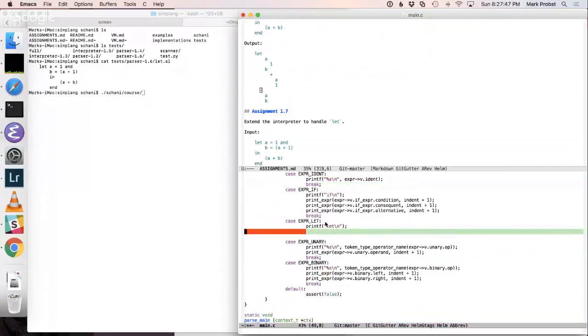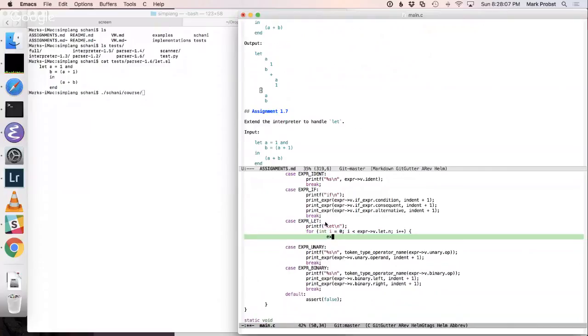So what I'm going to do is, obviously, iterate over expr v dot let dot n. It's 0, as long as it's less than that, i++. And now I have the binding, which is expr v dot let dot